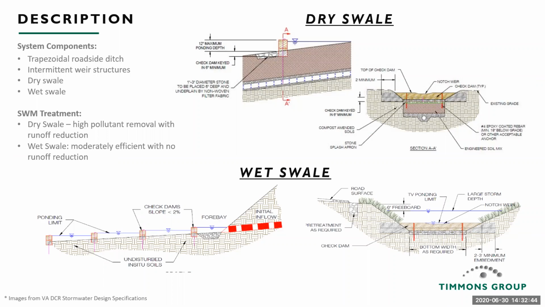These are pretty well used in more of the rural typical section projects. If you're using a ditch and you convert that shoulder and ditch section to a trapezoidal ditch section, those longitudinal slopes are ideal at 0.5% up to 4%. You can see these structures in the typical sections on the right. They have different weir structures. You can use rock check dams, timbered weir notch weirs, like you can see in the right-hand corner. You can also use earthen berm structures with a small relief pipe. We'll share an example of that with some micro ponds coming up.